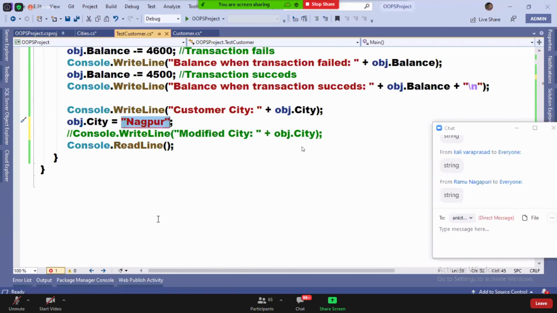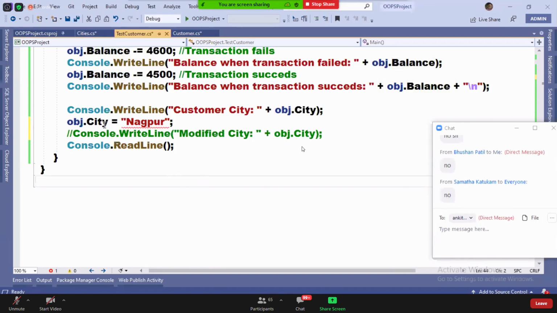Then you should have your common sense there, na? How can you convert a string to cities? That is the error. Why are you telling not in the list? Where did I select the list at all? Invalid type conversion. Tomorrow, for balance, can I assign hello? Why can I not assign? Because balance is double, hello is string.